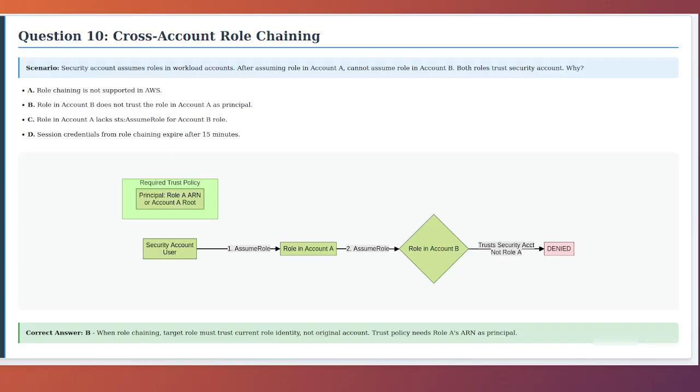The correct answer is option B. When you assume a role using temporary credentials from another assumed role, the trust policy of the target role must trust the role you are currently using, not just the original account. In this scenario, the security audit role in workload account B trusts the security account as a principal, but after